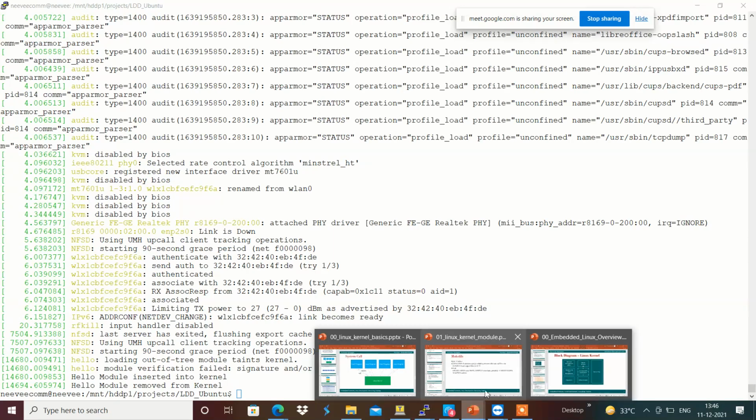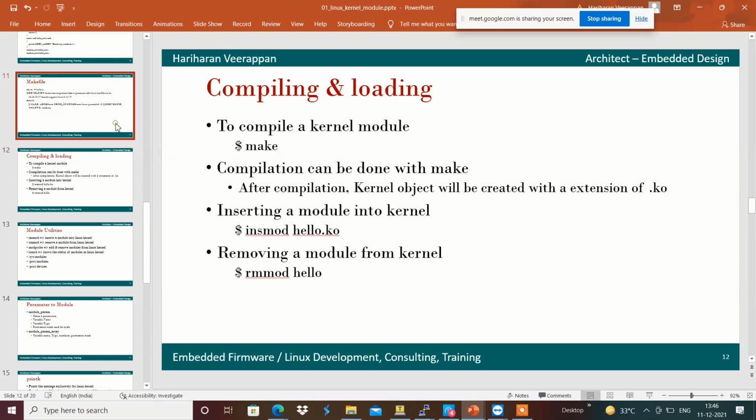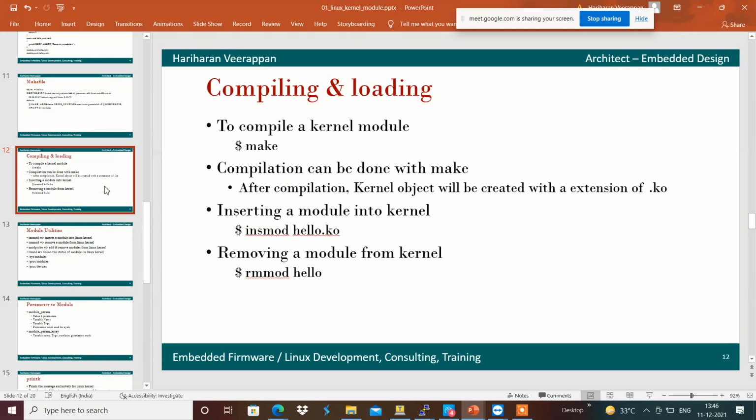Now we have seen how we can create a makefile, how we can build the kernel module, how we can insert a kernel module with the help of insmod and hello.ko, and rmmod hello, which removes a kernel module from the kernel.